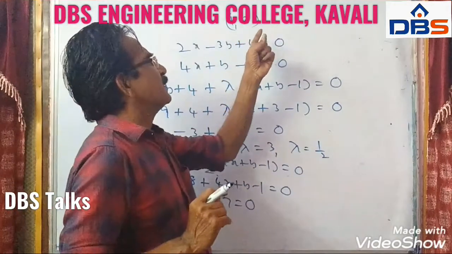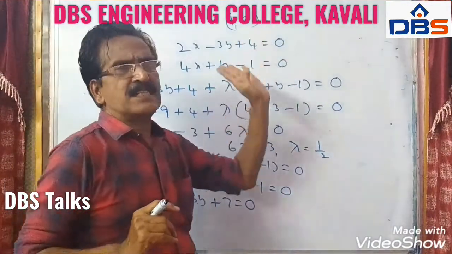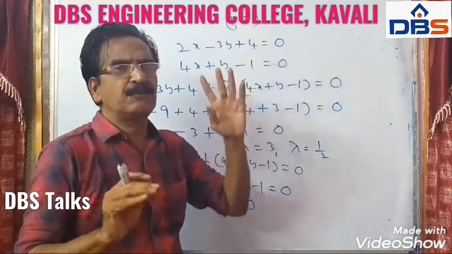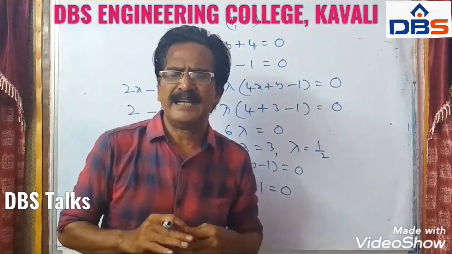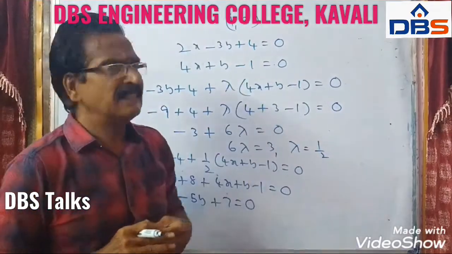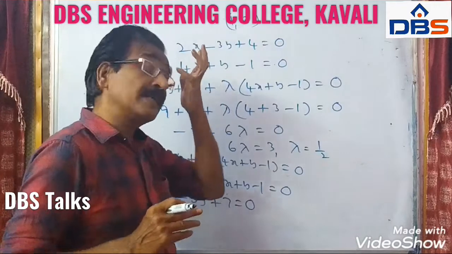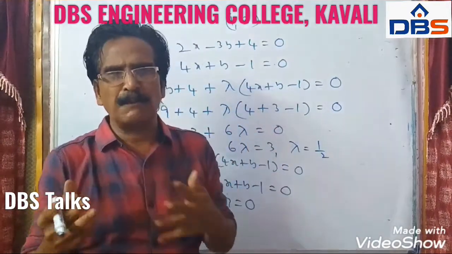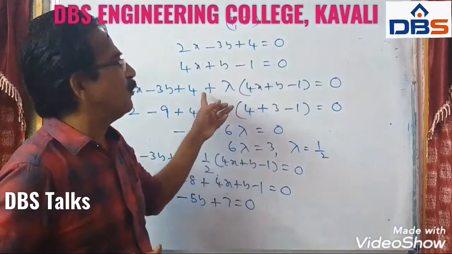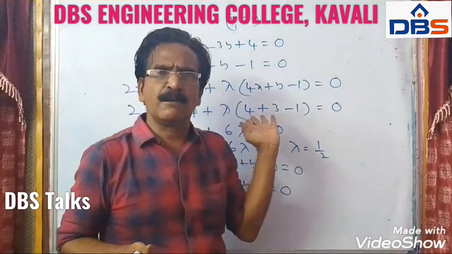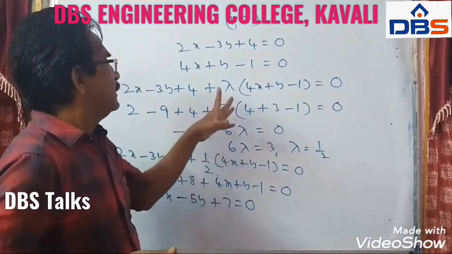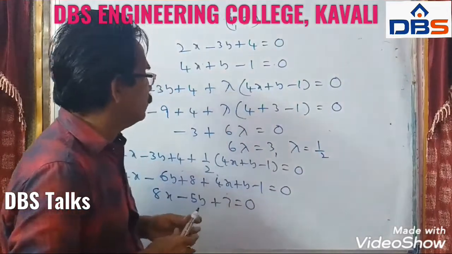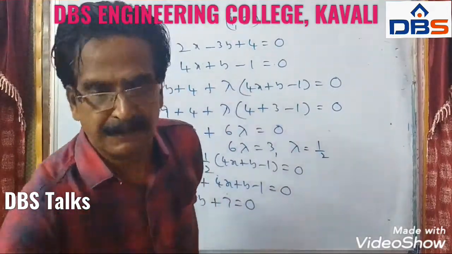See, friends, by solving these two equations, we can find the point, and from that point and from this point, we can find the equation of the line. No problem. First, I tried in that way, but we are getting fractions, x and y values are getting fractions, then it becomes more complicated. So instead you can go by this way. This is a standard way, all of you might be knowing. So this is one important problem, friends, and let us do the last problem in our section for today.